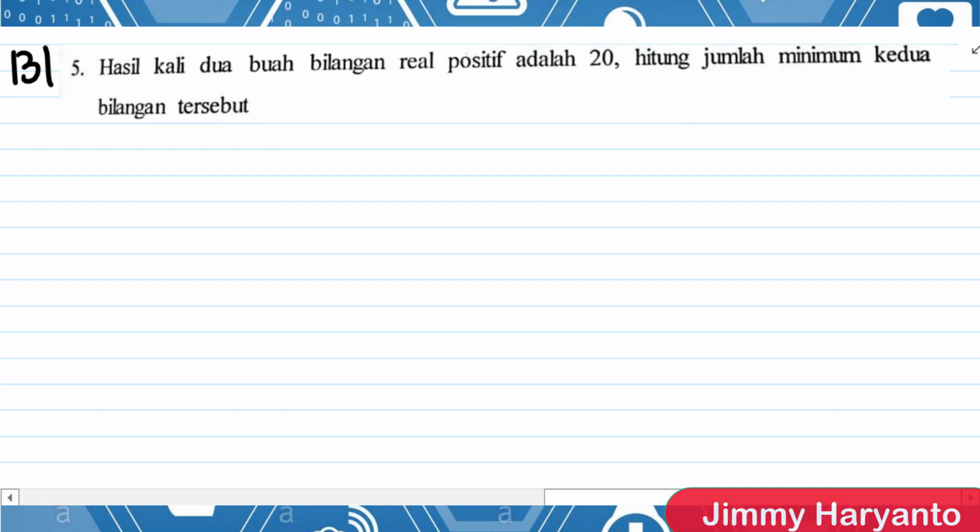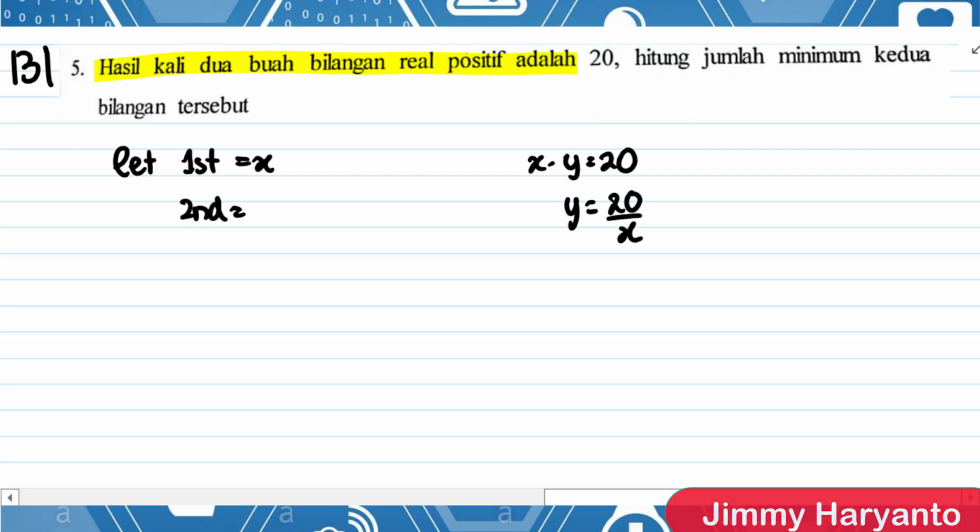Hasil kali dua bilangan real positif adalah 20. That means x times y. Let the first number as x and the second number will be y, yeah, but we have to find the y in terms of x, so I will use this sentence. Hasil kali dua bilangan positif adalah x times y equals to 20. That means I can find the y like this, y equals to 20 over x, so the second number will be 20 over x. Next is find the jumlah minimum kedua bilangan itu ya, the minimum addition of both